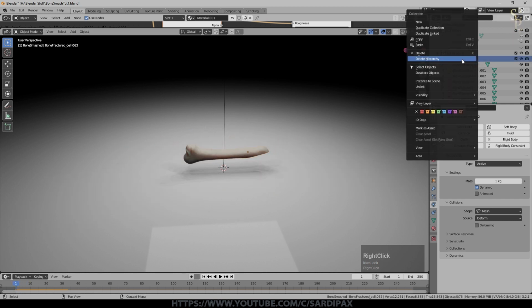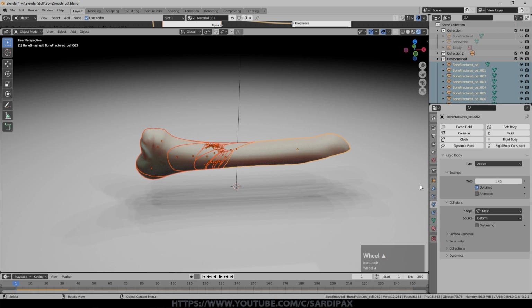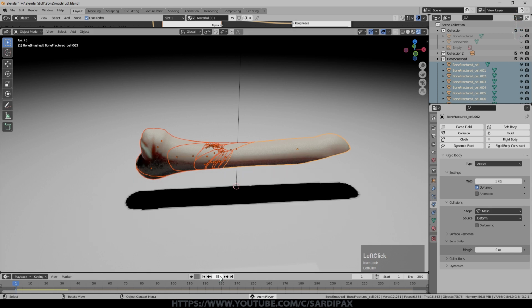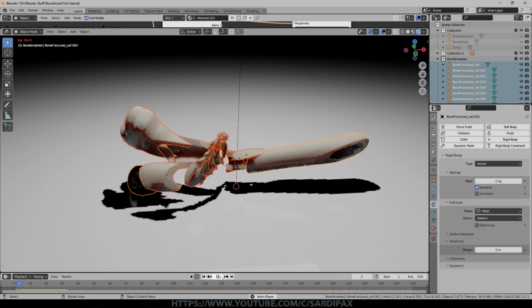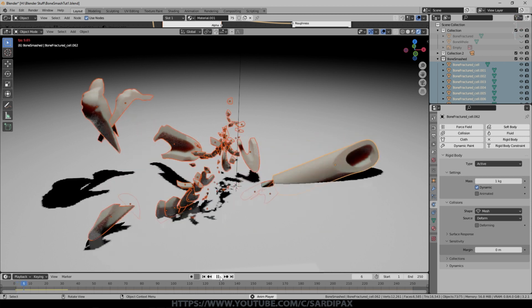So we'll select our objects again. That one's still our primary object. And if we have a look under collisions, we can see we've got a margin of 0.04. So you shouldn't set 0, but we'll put it to 0 for now. And then we'll just say copy from active and see if that's made any difference. Nope. You can tell because it's taken a long time. It's still flying apart.